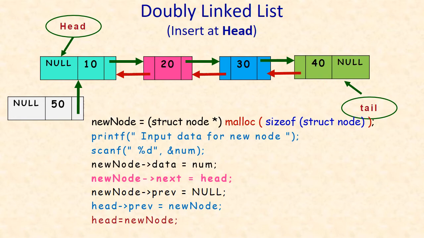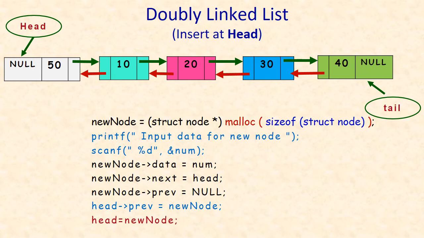I have to make the new node the head, because here the link is perfectly established between the new node and head. Now I have to make the new node head. So the head will point to the new node. So now the list is properly established, and from the new node to the tail, that is from the head to the tail, you are seeing the list here. Okay, please remember this. Every list consists of head and tail. If you are inserting a new node at tail, that new node will become the tail further.